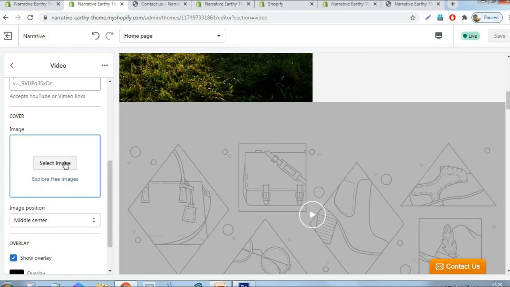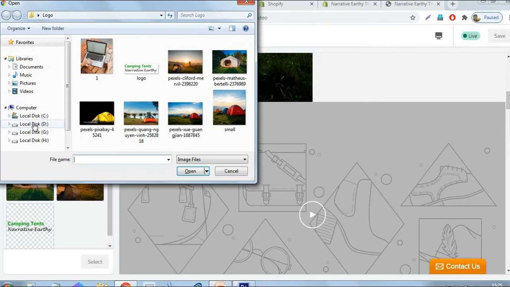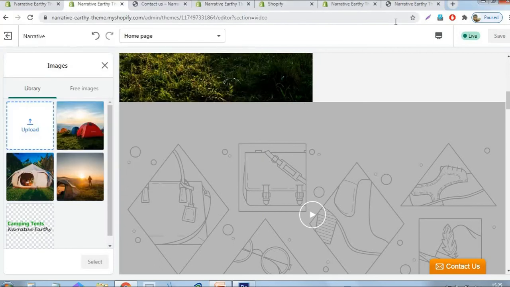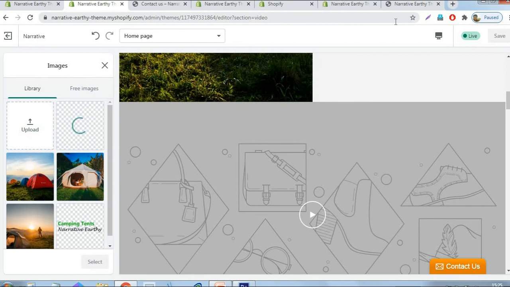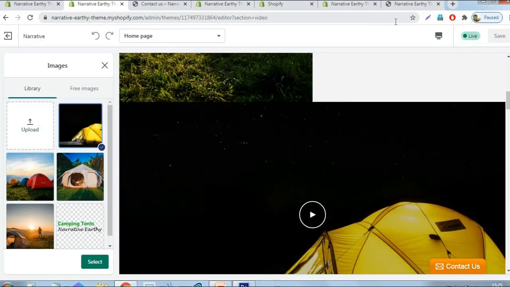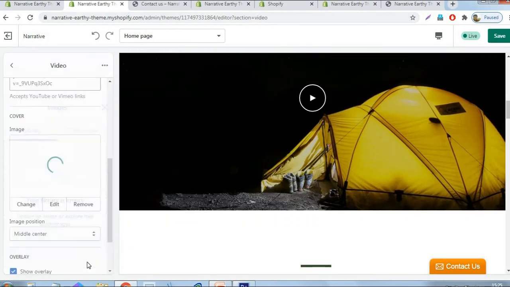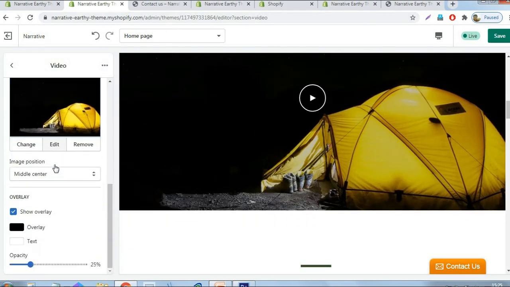Otherwise we can use the cover photo. Okay, I am just using the photo right now. Okay, just select and save.